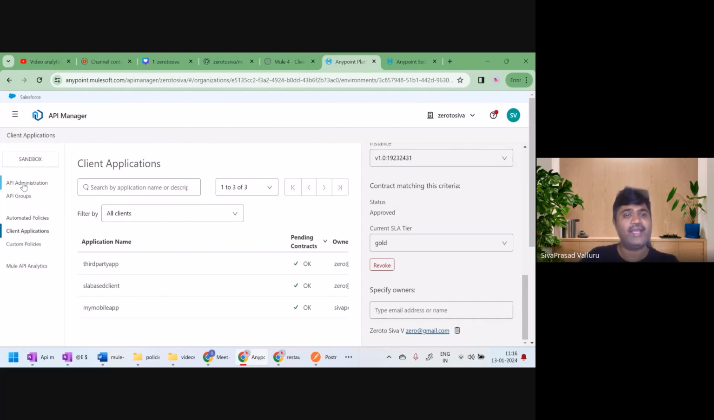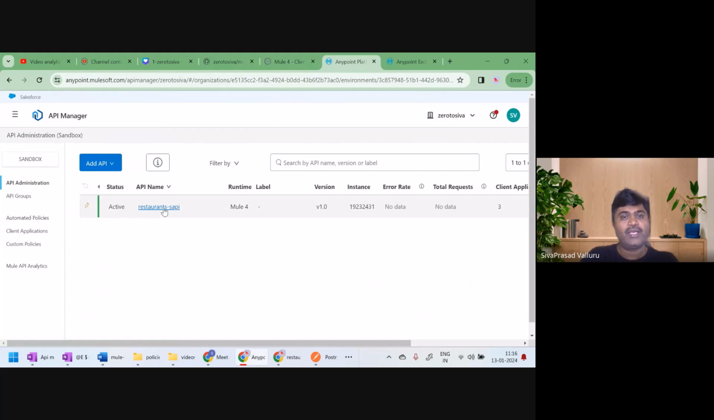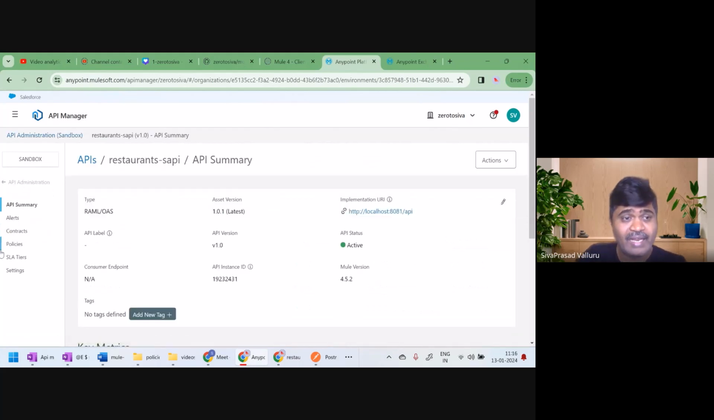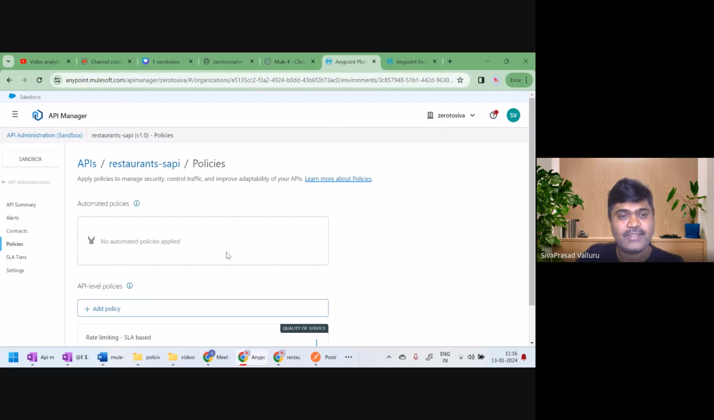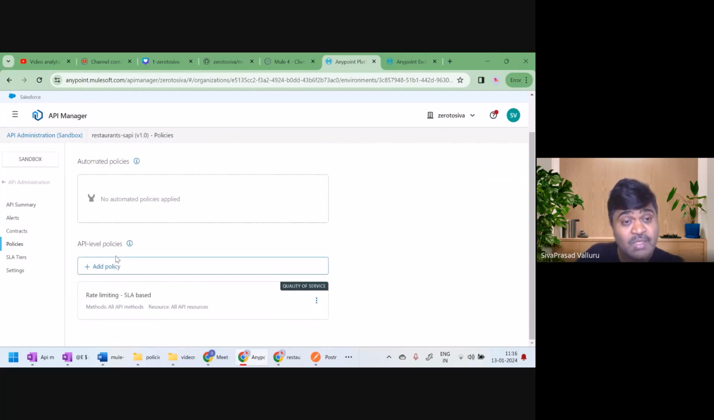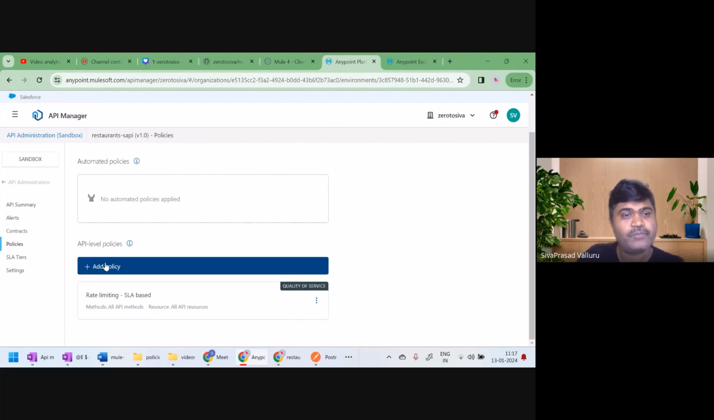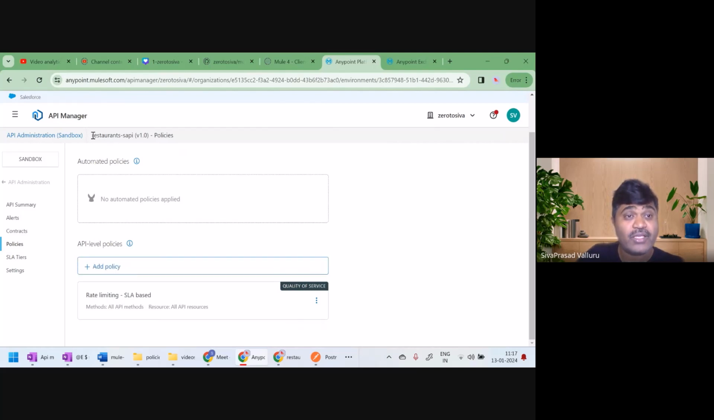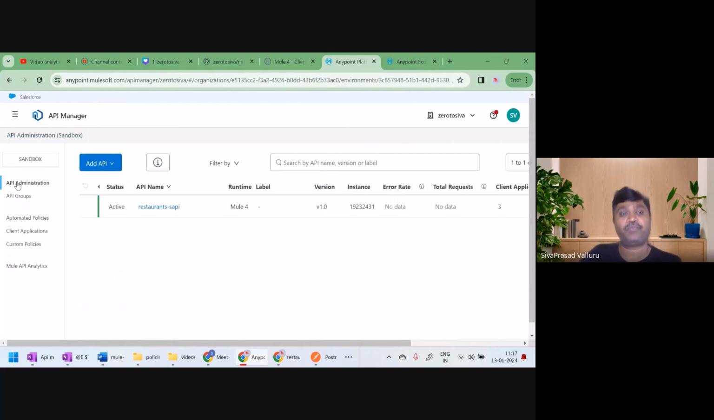Now, before I end, let me tell you, if I go to this API, on the left side there are policies, and you can add multiple policies as well, right? So these are the policies for this particular API. But let us say in my organization I have some 10 APIs, and for those 10 APIs I want some common policies. Like client ID enforcement policy is a common policy. So if I want some policies to be applied to all my APIs, what I can do is